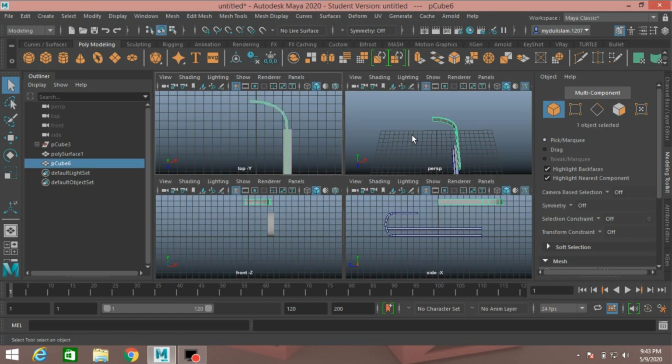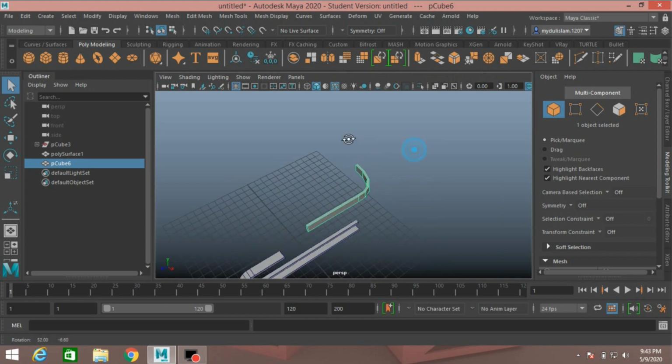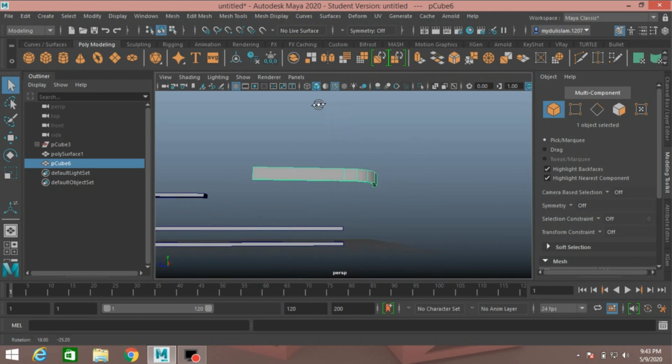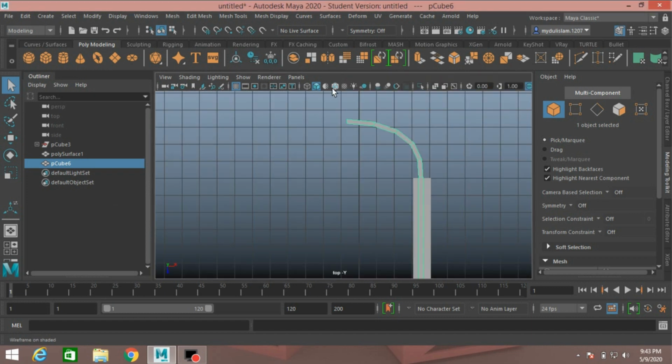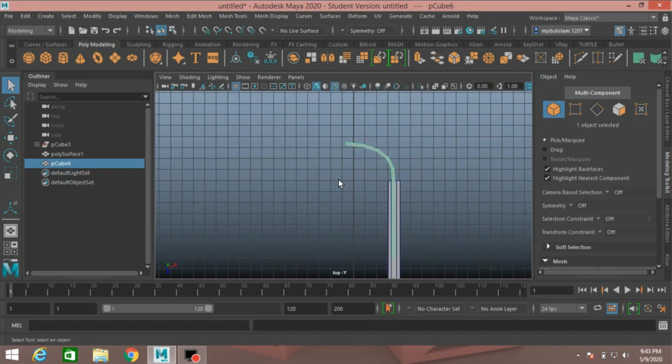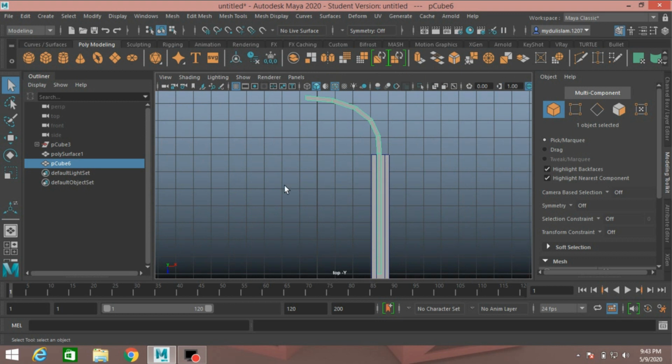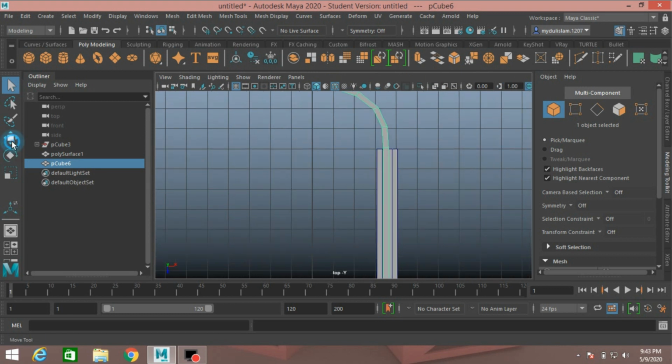Again go to object mode, now again go to top view, turn on wireframe on shaded mode, press F to zoom or focus in and move it just here to adjust.